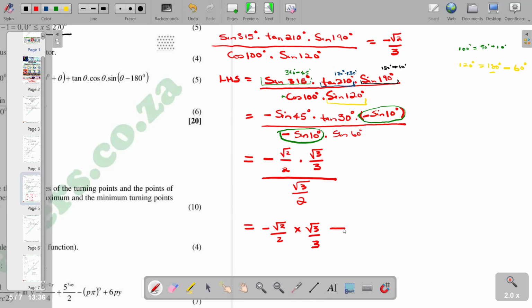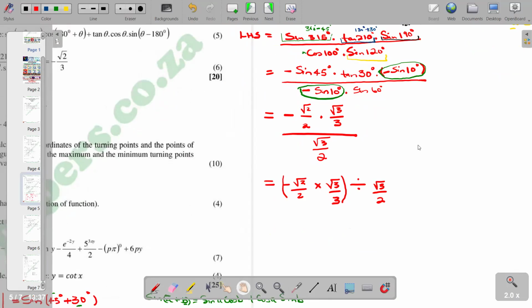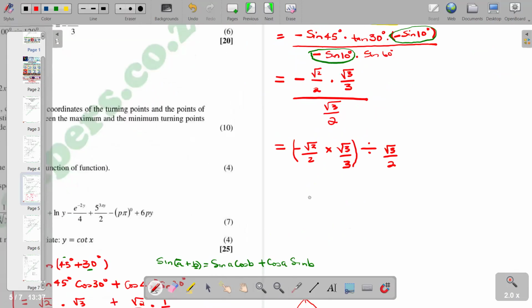So let's say divided by root 3 over 2. And take note, this one was our numerator. So we can simplify that. So eventually our answer is going to be equal to